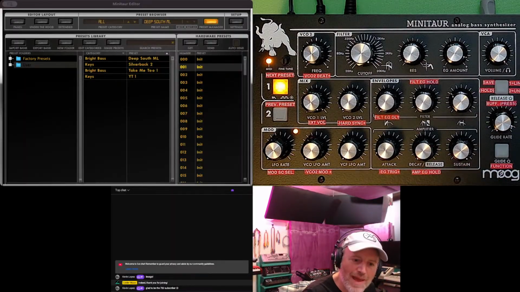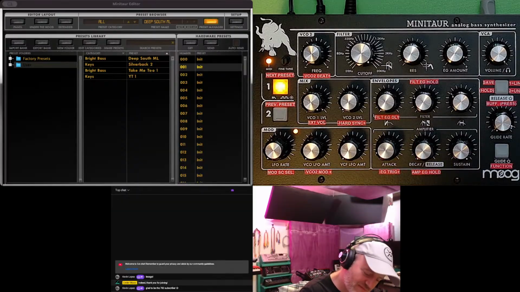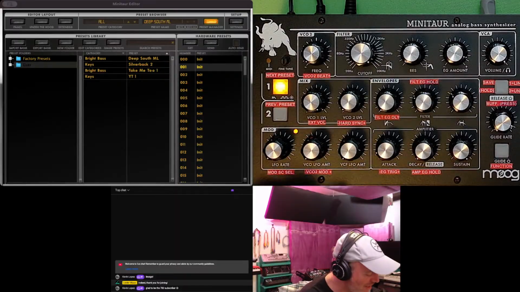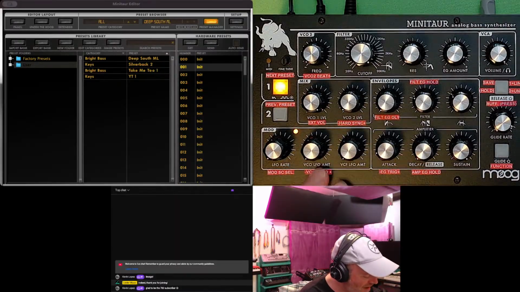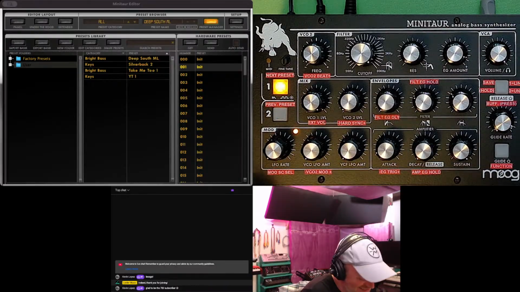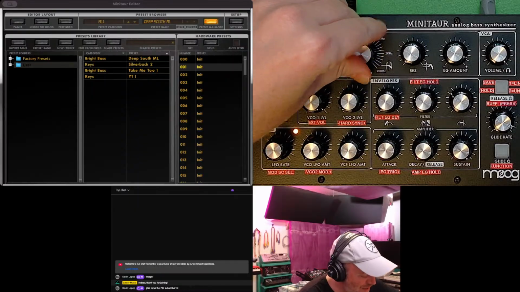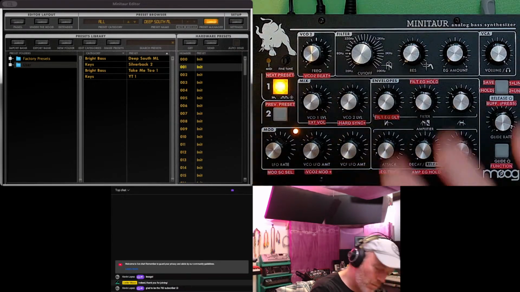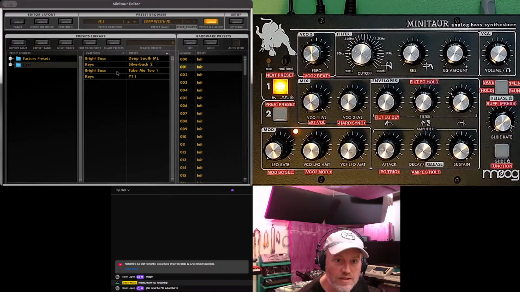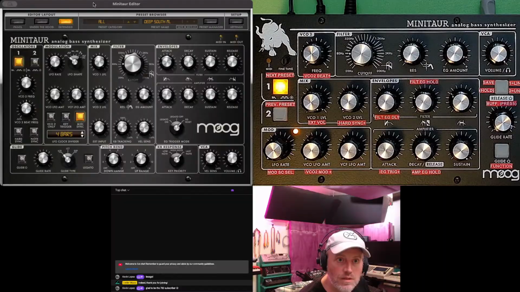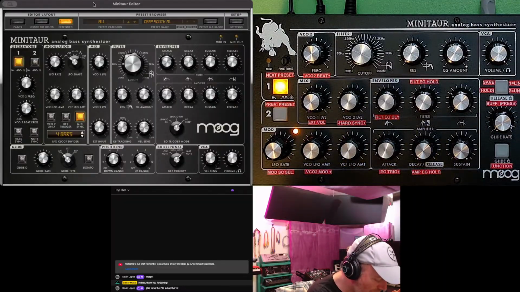Noise Madness. What can we do with this? The thing is, unfortunately, the modulation only goes to the oscillators, the pitch, or the LFO, I'm sorry, or the filter, so you're kind of stuck doing that. So what I might start off with is getting a little madness going with the filter. Oh good, we're back with the editor now. Well, let's just keep it around, but we don't need it right now